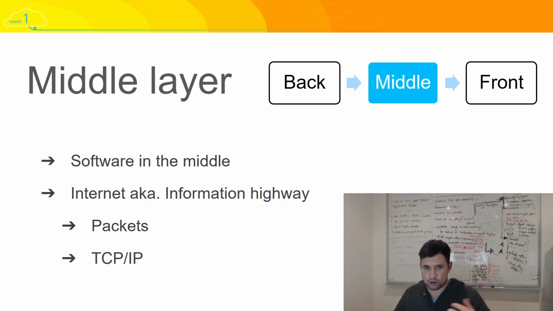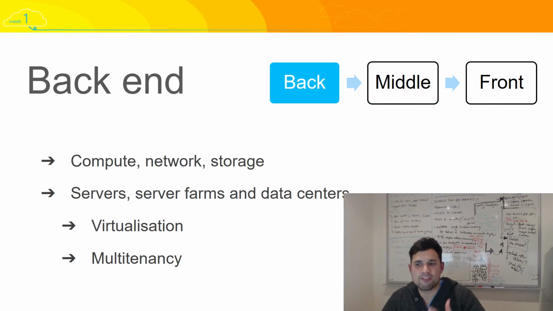And this is sent according to rules and protocols known as Transmission Control Protocol and IP, Internet Protocol address. So pretty much it just identifies the device that you have and what kind of information you're going to be receiving from the internet. And then we have the back end, and this is where things get really interesting, because this is actually where the crux of cloud computing resides.